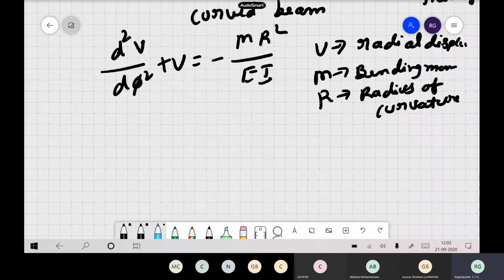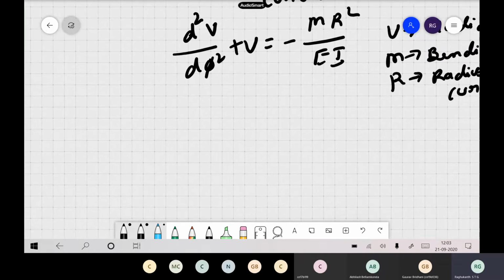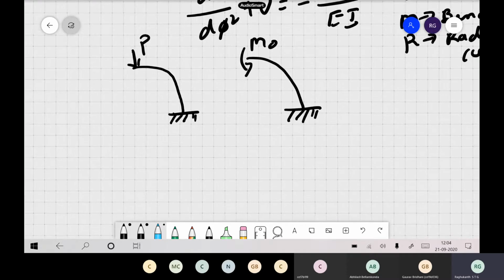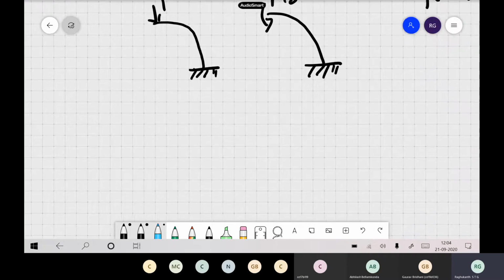Generally we don't only have circular arches; parabolic or other complicated shapes are there. Then things become very difficult, and the differential equations become slightly complex. We will briefly see those things also in this course. Last class we did some problems like this. If it is a concentrated load, or some pure bending, we have seen those. If it is like a cantilever and the cantilever is curved, like an arch, what happens, we have also seen in our last class.